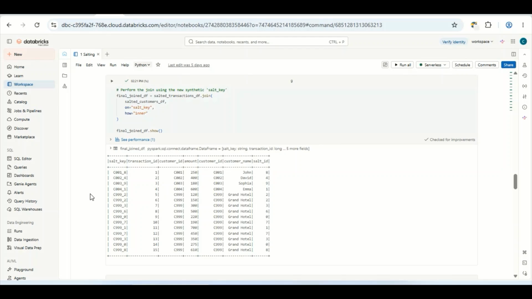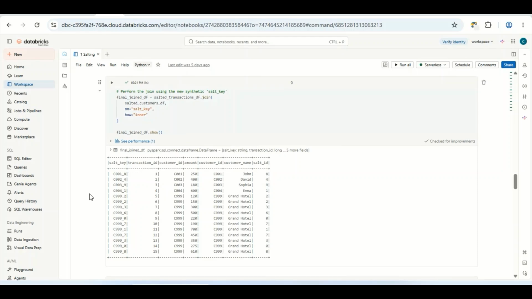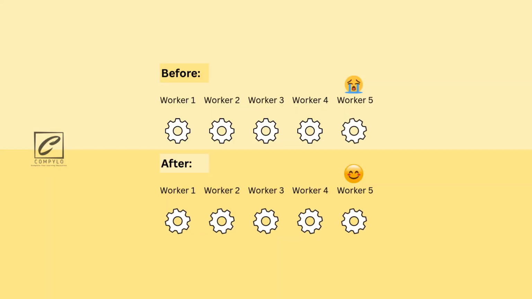It's a very simple technique if you ask me. We are just splitting our customer ID into multiple chunks to improve the overall processing. This is the representation of what our PySpark code did. Earlier, only worker 5 was busy for customer ID with skewed rows. Now, every worker is busy to finish the assigned task quickly so that we can stop the cluster and save